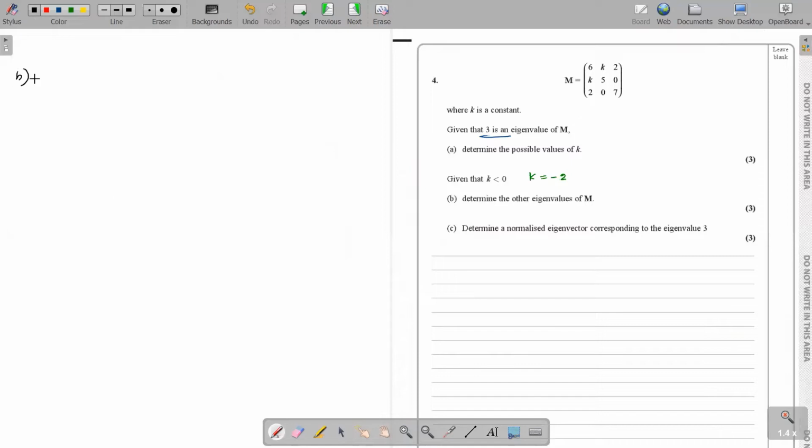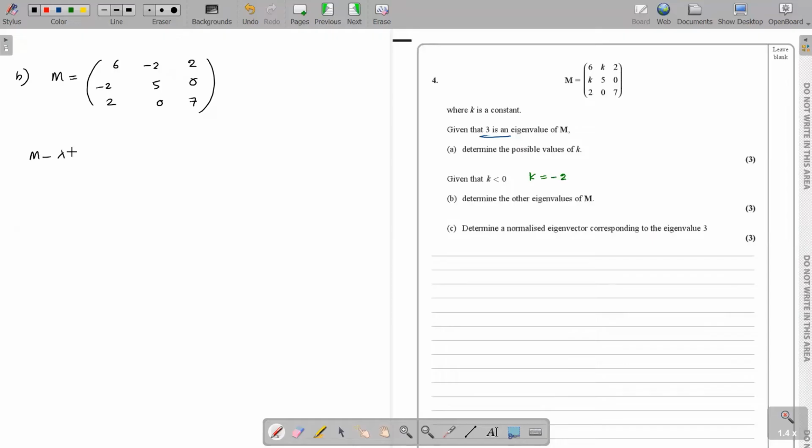So how do we do that? First of all, write matrix M. 6, minus 2, 2. Minus 2, 5, 0. 2, 0, 7. So we get here